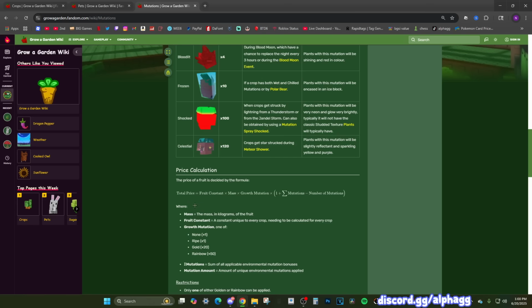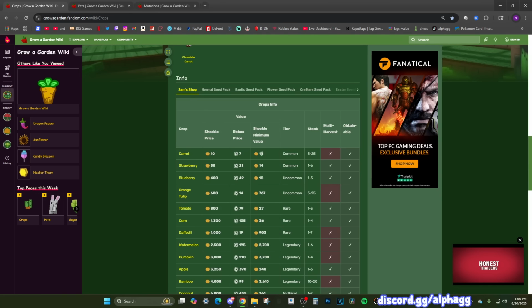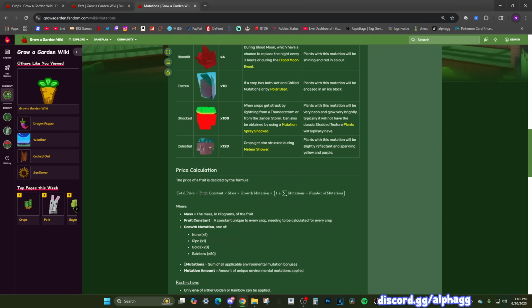So the total price equals the fruit constant. So if we go look at the value of any fruit, such as the carrot, the minimum value is going to be 18 when you sell a carrot. Even if it's a super tiny carrot with no mutations, it cannot be worth less than 18. So that's the fruit constant. And then it multiplies the mass. So if you have a really big fruit and you got lucky, that'll make it worth way more,